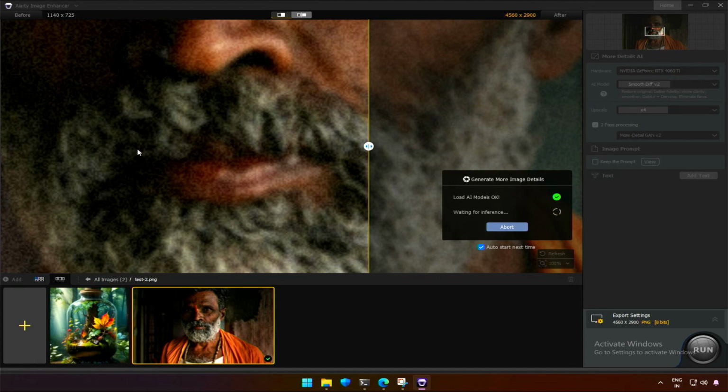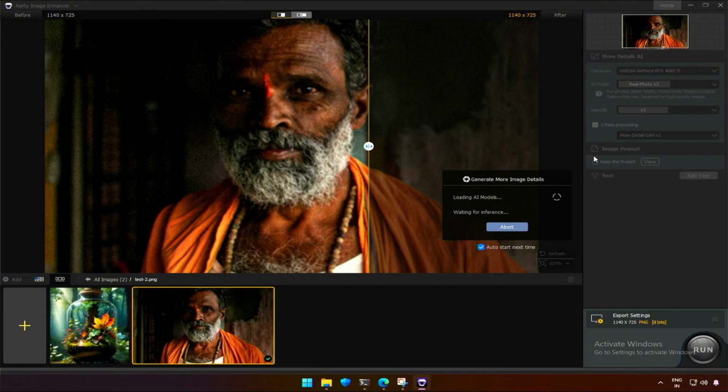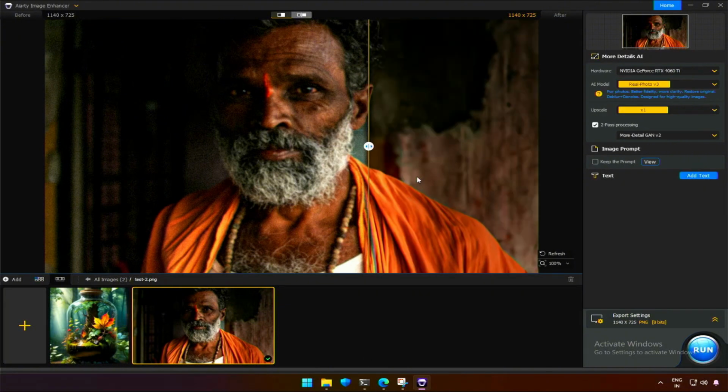The previous model started processing instantly. After changing the model, I got the result. This time, the test image is a high-definition image, but it is unclear for some reason. The Real